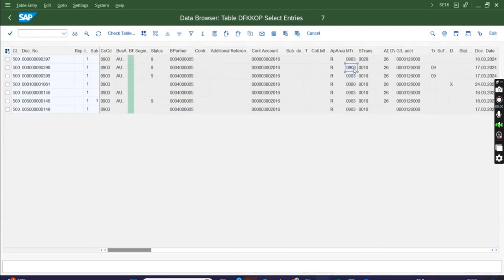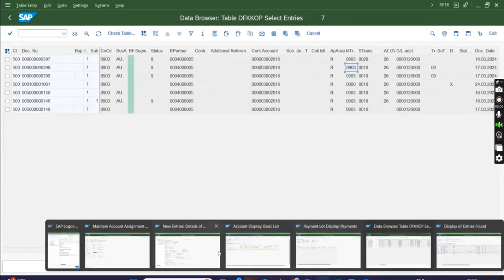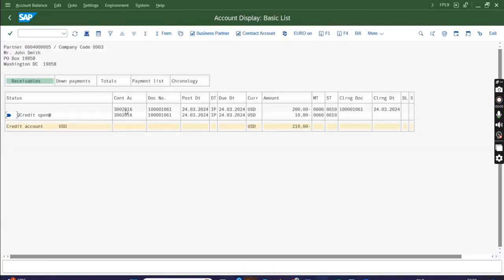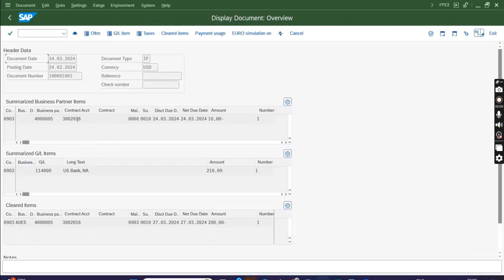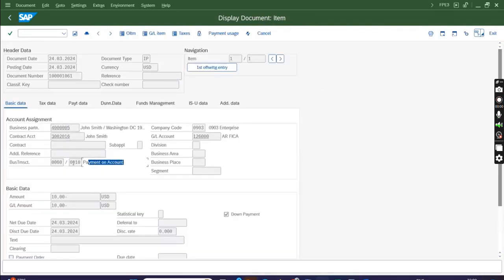So you can do F1 in that document, you can do F1, F4, and you see what they mean. Okay, so here I see, this is payment to account, the main sub